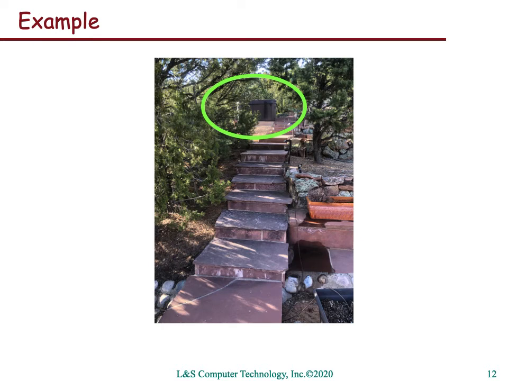Here's another example of a cyber-physical system with performance problems. You may be able to see at the top of the stairway in the green circle is a spa, which is an excellent thing to do on a cold winter night. However, this scenario happened far too often. I would climb up that hill, 12 steps, 6 inches of snow, icy path, 18 degrees outside, open the thing up only to find out that the water was too cold. So the last time I replaced the spa, I selected one that had a device and an app that would let me control the temperature remotely.